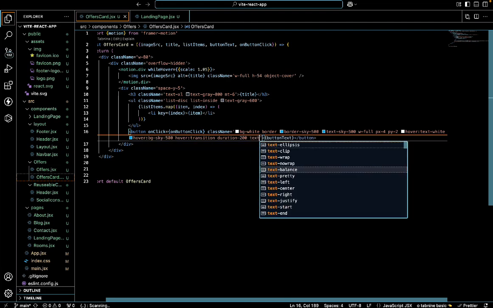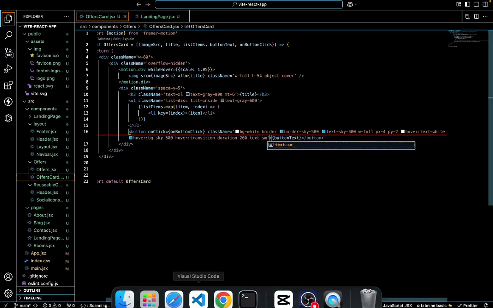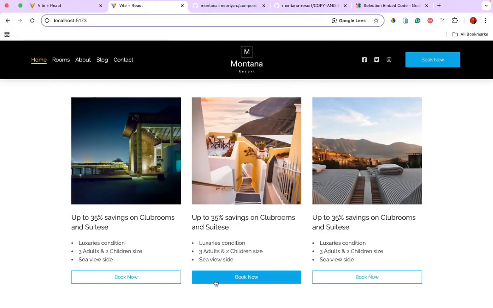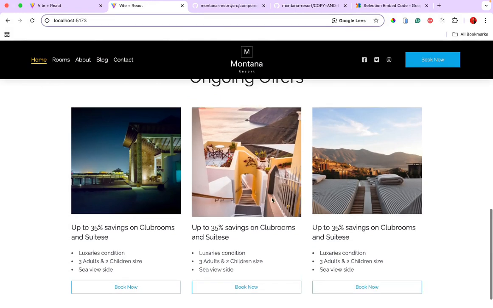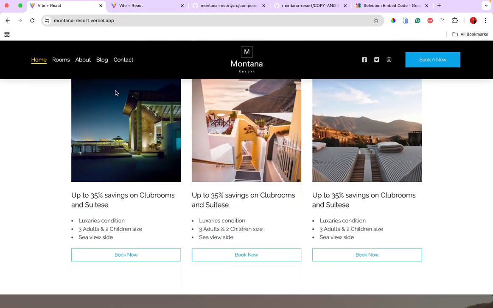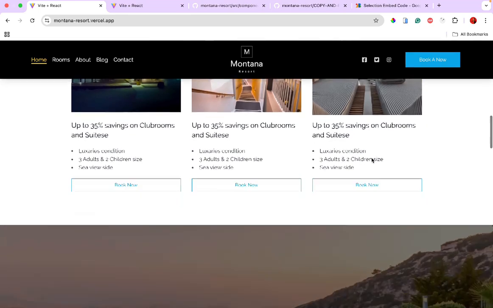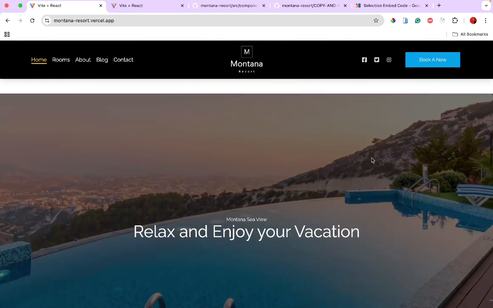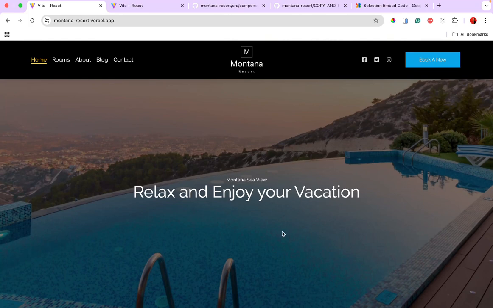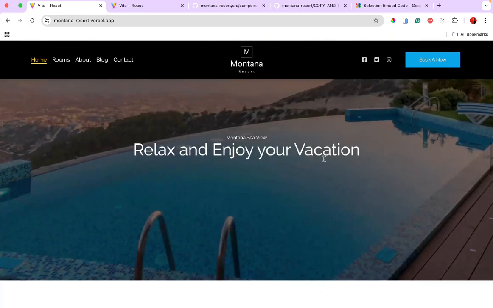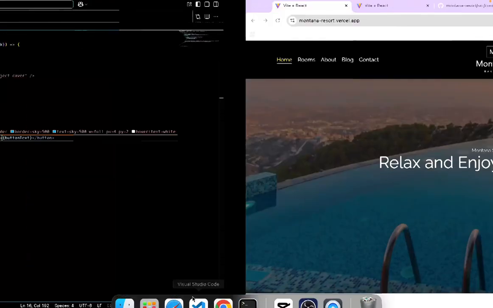Text is small. I think I'm done with the button. So you can see the hover transition. And we are done with this reusable component. This one is not going to take any time. It's just a view of an image, a background image, and also text. So we head over to our landing page,